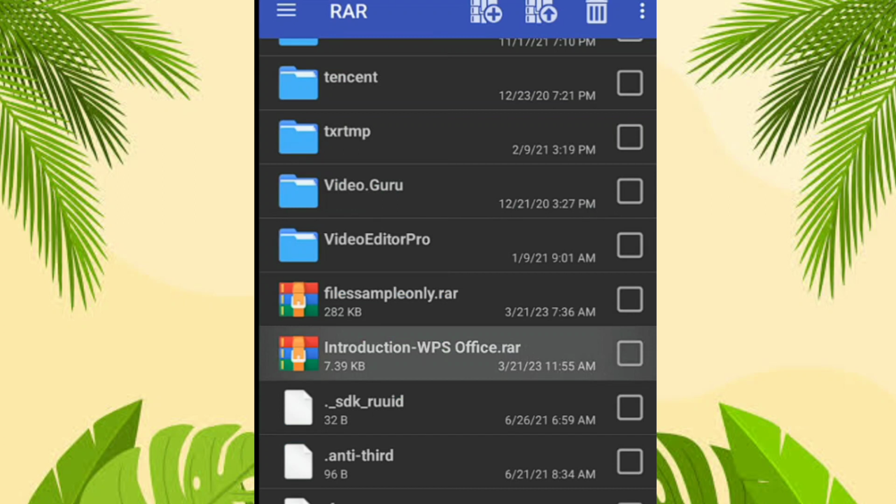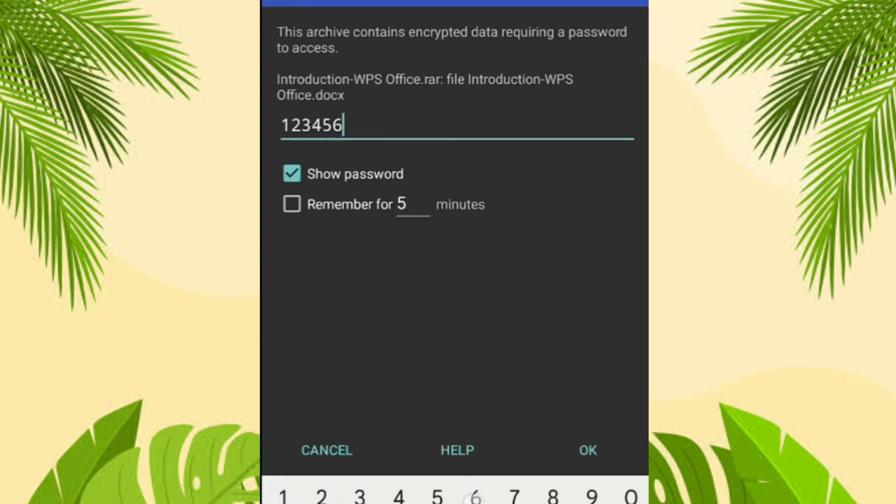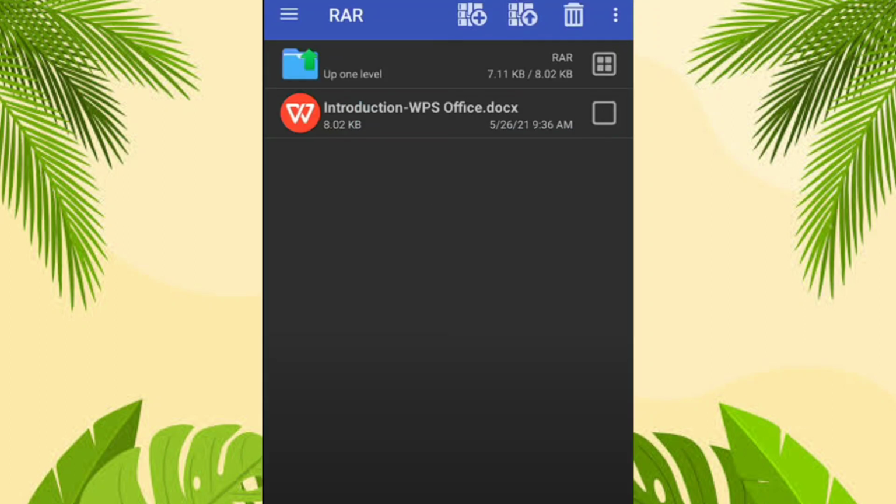So just long press it, and once you long press it, you will be open to a window or a page just like this one, where you are required to have your password, and then just type in your password. Once you type in your password, you will have the APK now, and you can open it